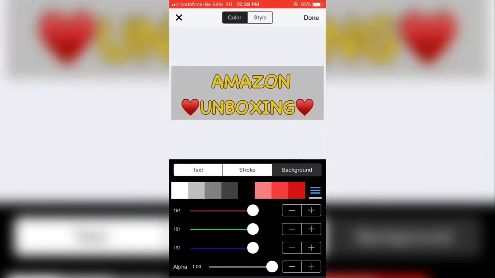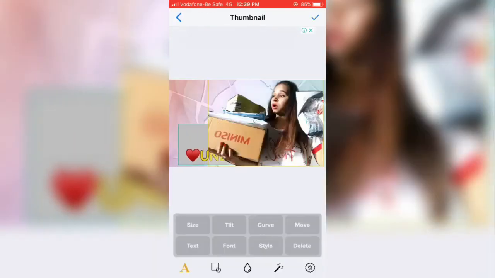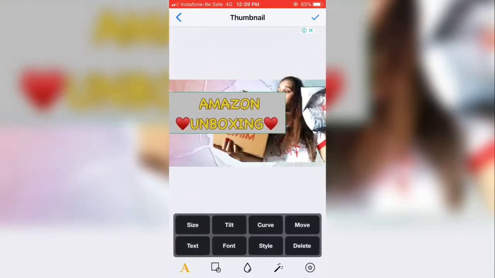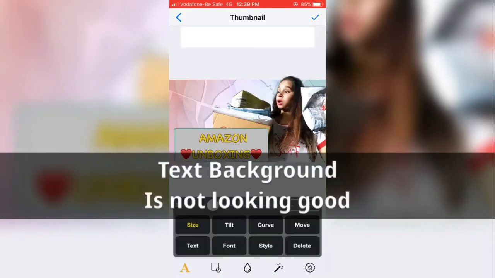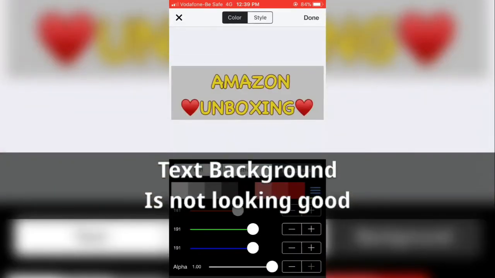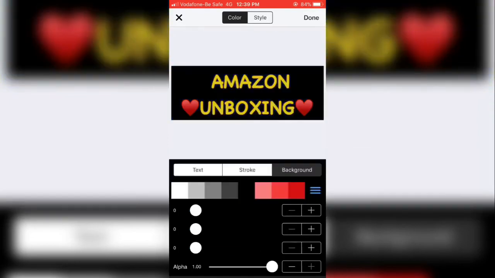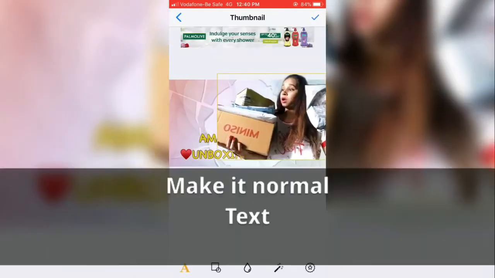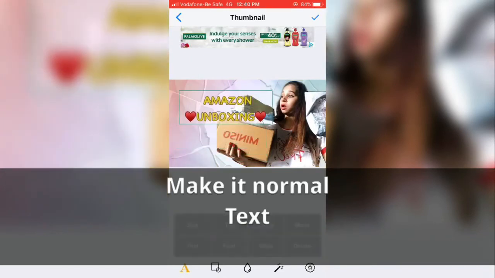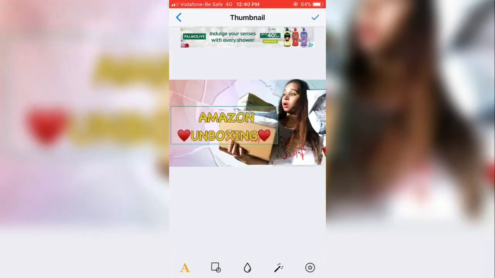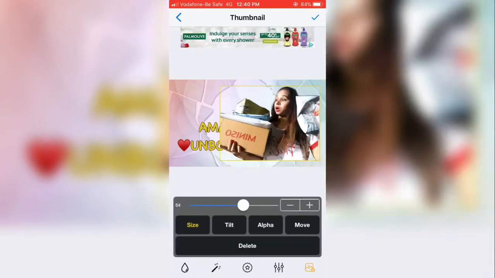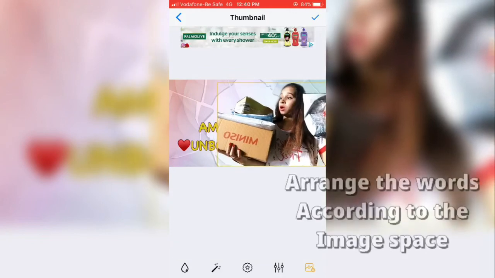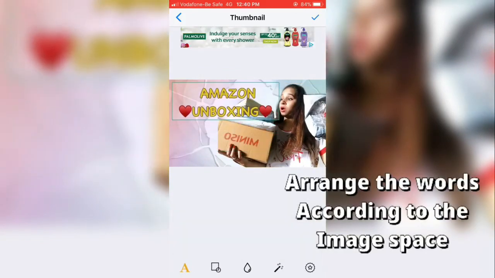We can change the color of the text background also, but this is not looking great with the picture because it is hiding my picture's face, some of the area I wanted to show on the thumbnail. So I dropped the idea of adding the text background and went back to the normal and neutral one, text only. Now I'm resizing the picture again to see how it looks, how it goes, if I make the picture smaller or increase the text.